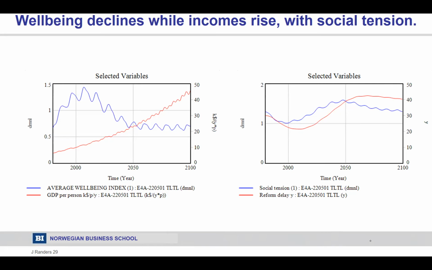So this is included in order to show how useless it is to use GDP per person as an indicator when you want to improve the well-being of the human being.